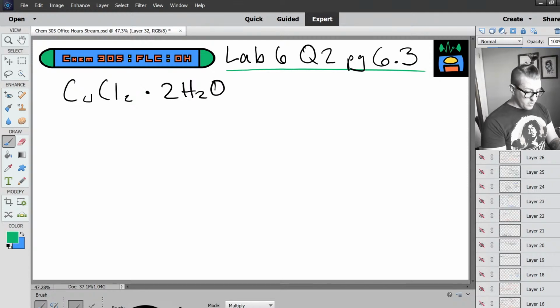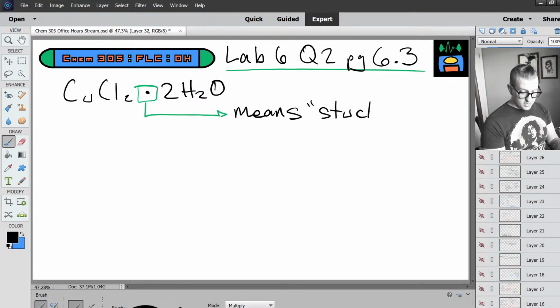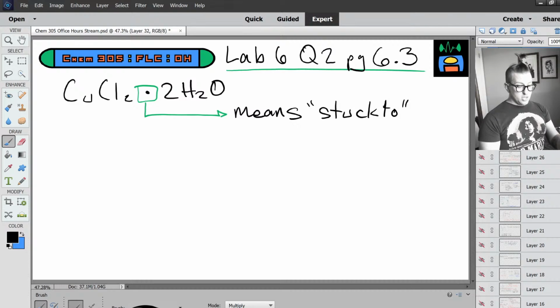So here in hydrate nomenclature, this dot means stuck to. It does not mean multiply. So it's literally copper plus 2 chlorines plus 2